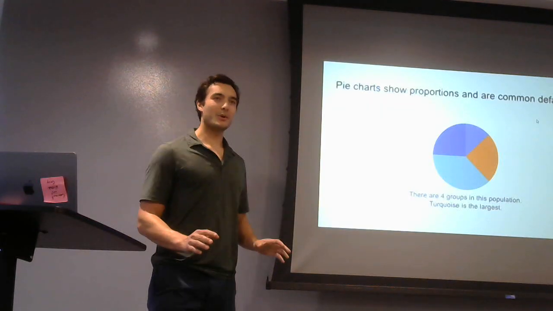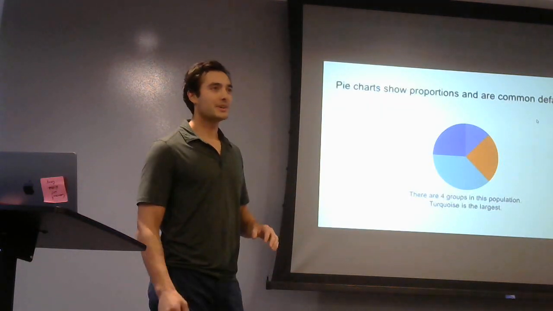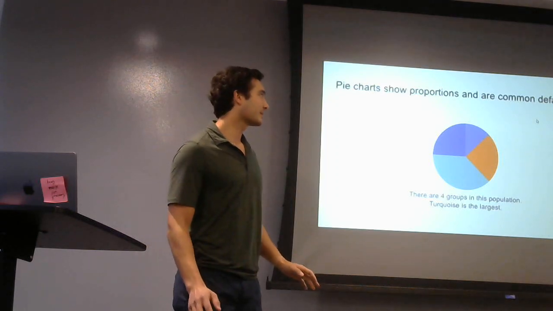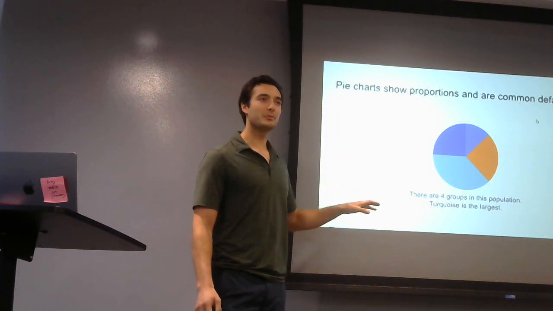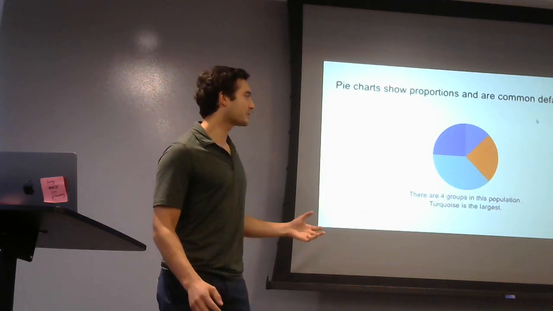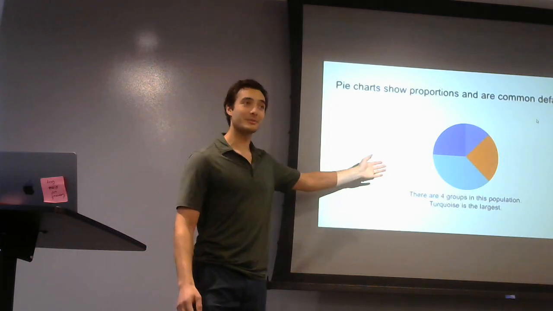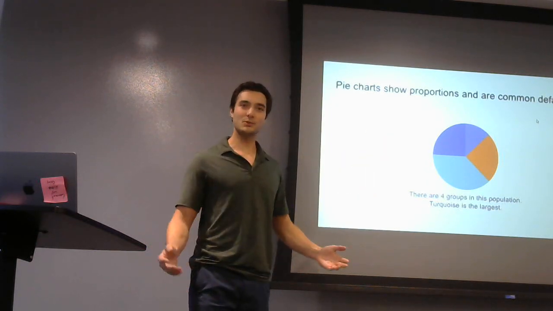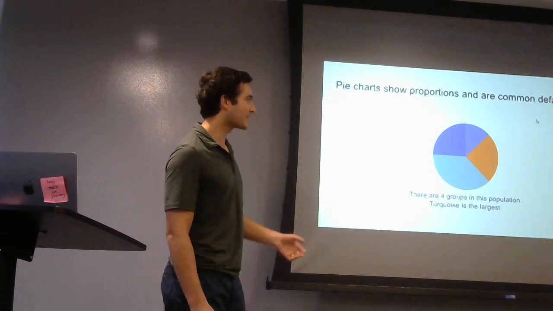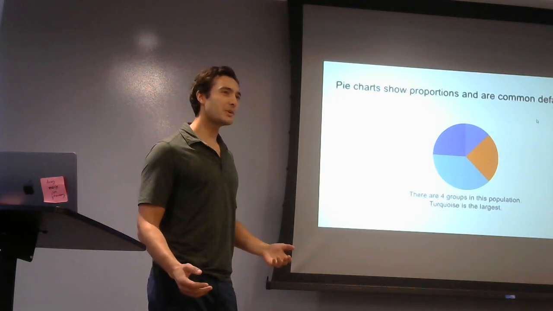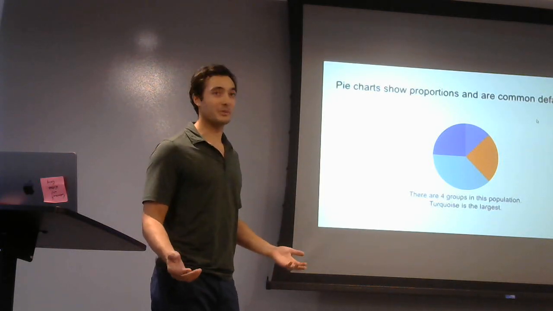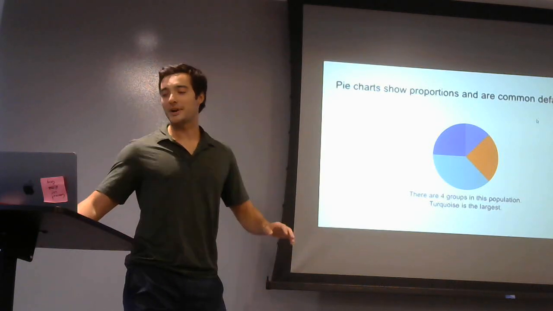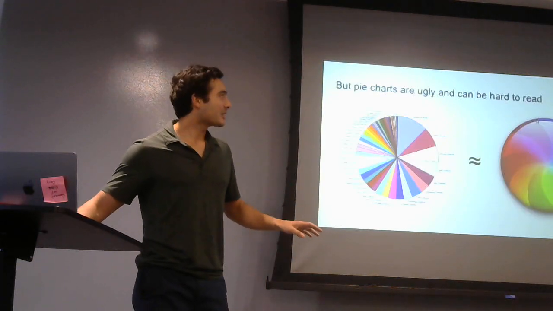Now we come to our problem, pie charts. They're simple. You'll see them everywhere. They show the proportions of a group, and they're common default charts. Like right here, you're learning something. There are 4 groups in this chart. Turquoise is the largest. Well, cool. You learned something about turquoise. But how big is turquoise in general? I don't know. Pie charts are the common default because they're easy, but